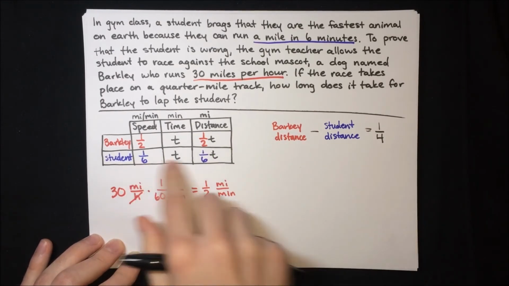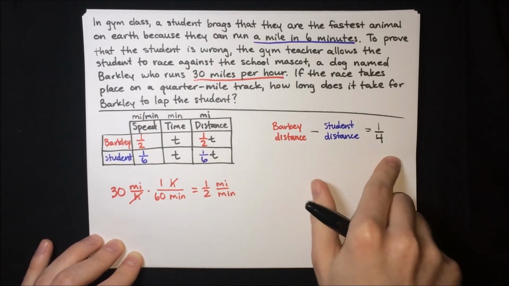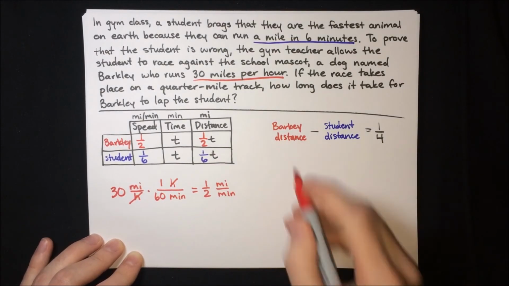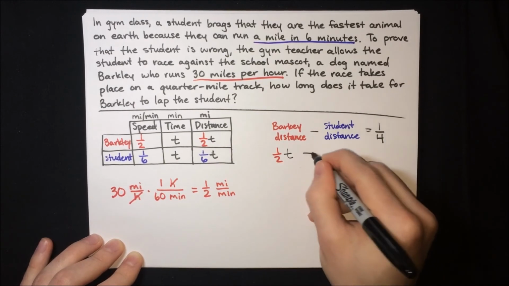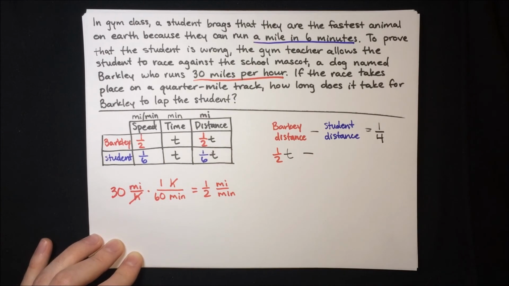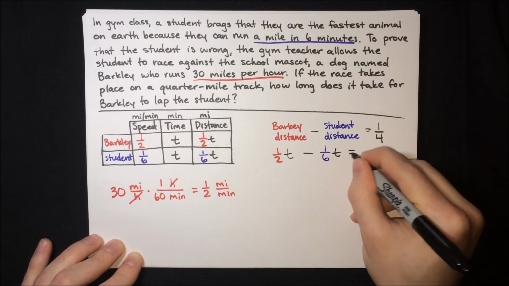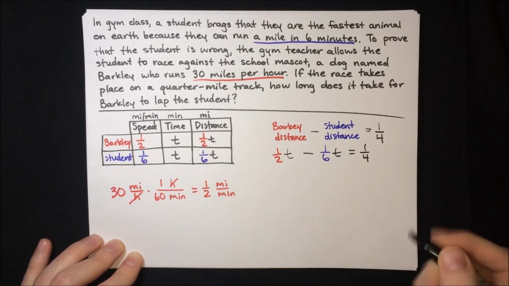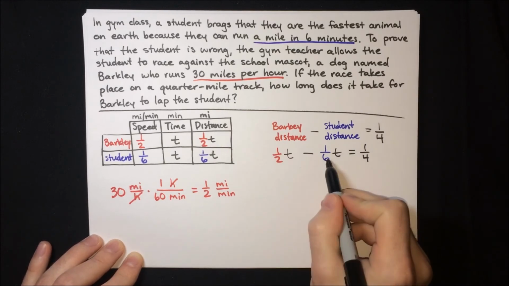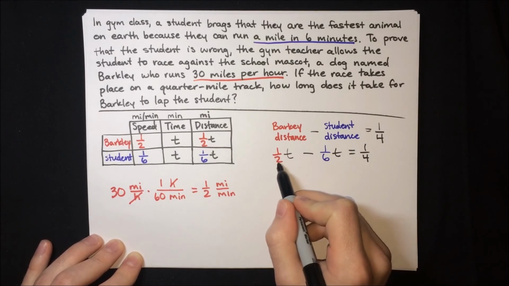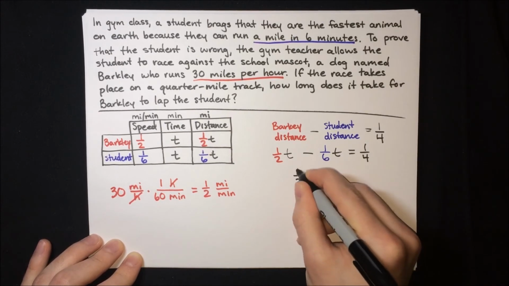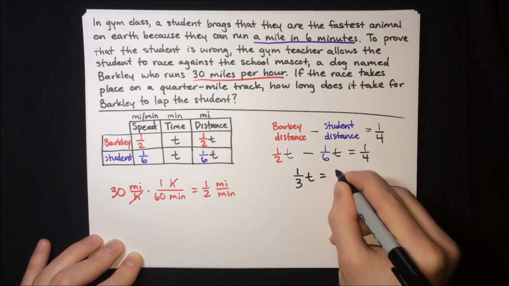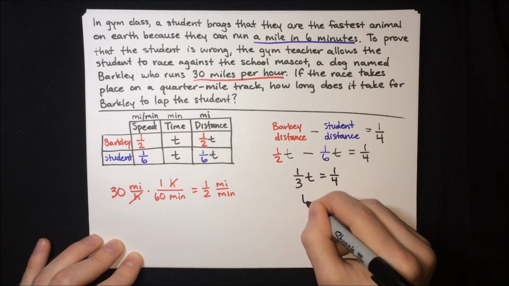Now we're ready to plug this information into our master equation here. We can say that Barkley's distance is 1/2 times t, and then minus the student's distance. Student's distance is 1/6 times t, equals 1/4. And then we can solve it. So 1/2 minus 1/6, 1/2 is like 3/6, then minus 1/6, that's 2/6. So 1/3 t equals 1/4, and then t equals